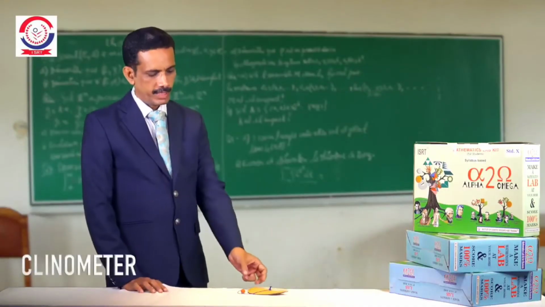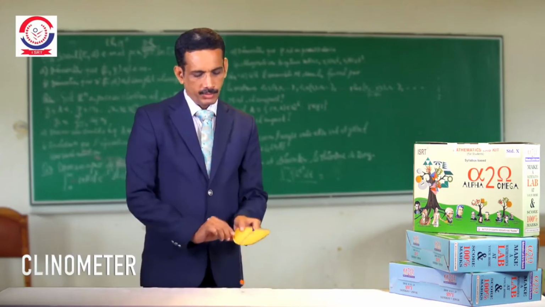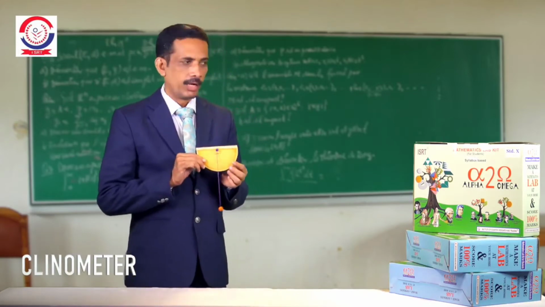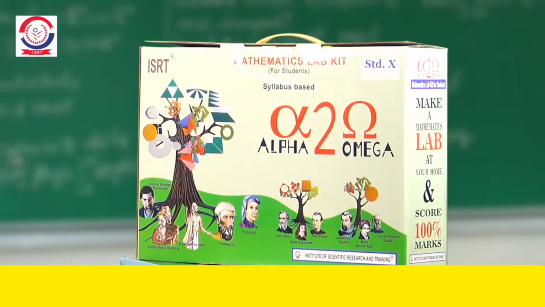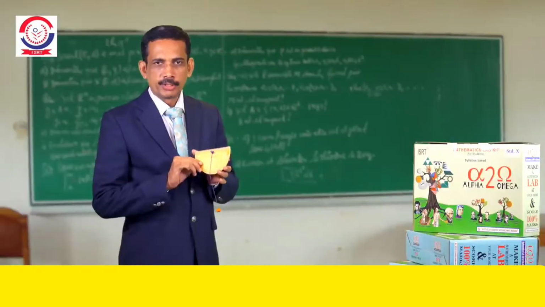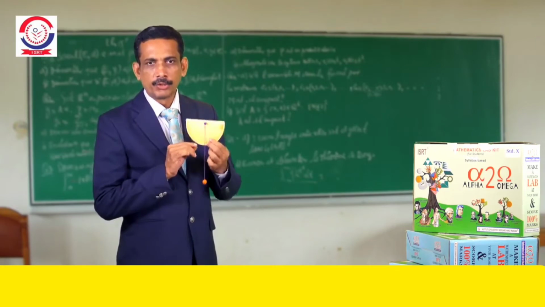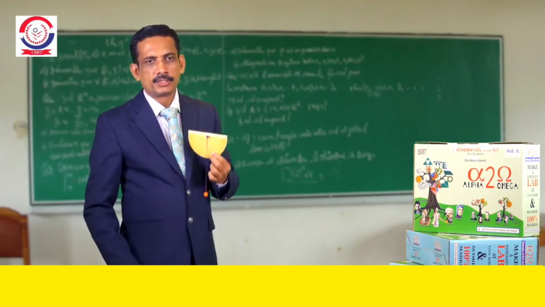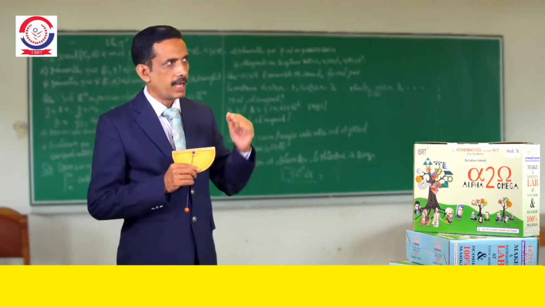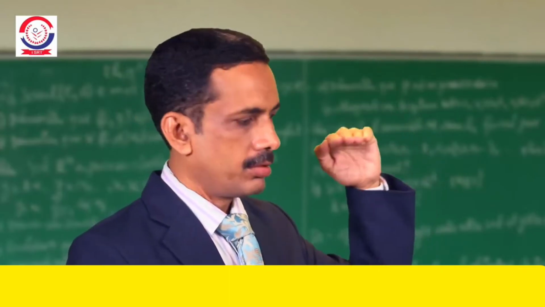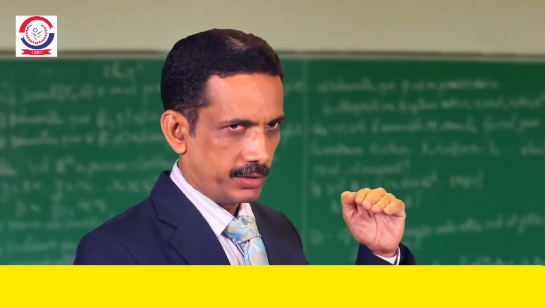Friends, today I am very happy to introduce a very good learning tool from the Alpha to Omega Mathematics Lab Kit of class 10. In trigonometry, you must have heard about an instrument called a clinometer. A clinometer is used to find out the angle of elevation or the angle of depression of an object from a